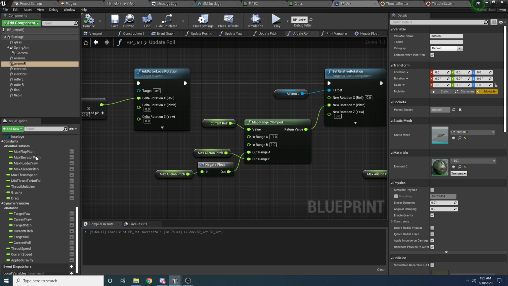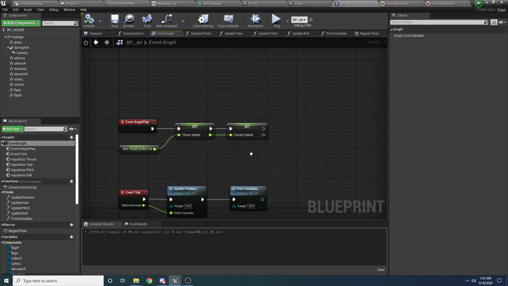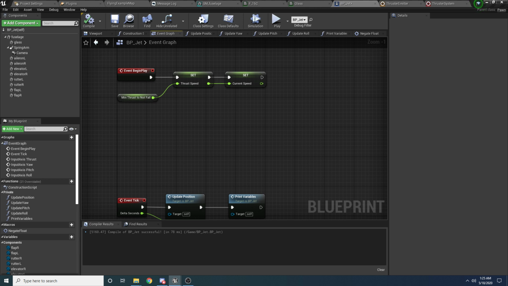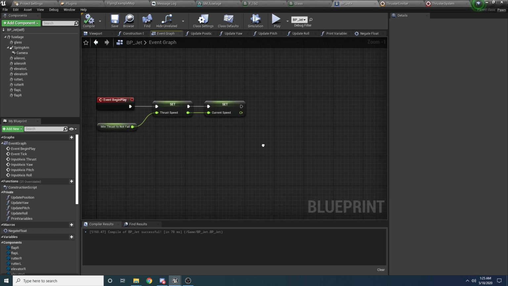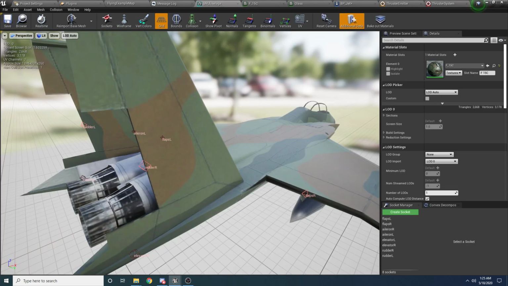So let's go back to the event graph, and after begin play, we want to create our two particle effects and attach them to the thrusters. So actually, to do that, we're going to need to add some sockets real quick to our fuselage. So come back to our fuselage model, our static mesh,